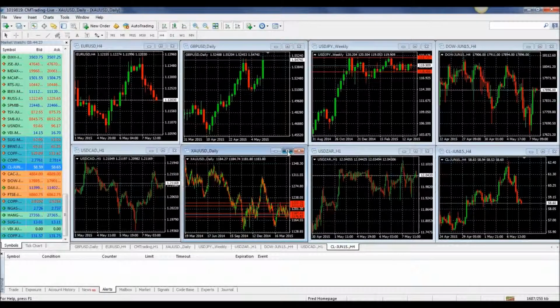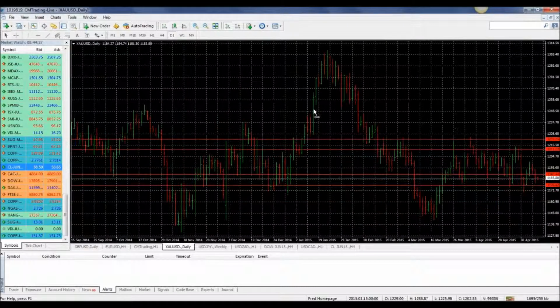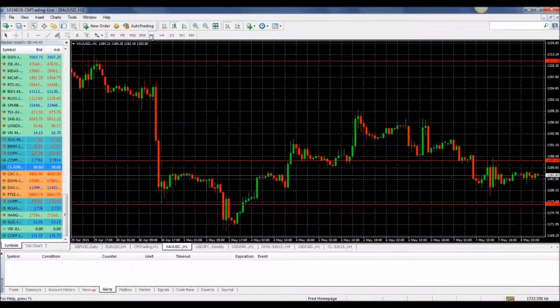Looking at gold just briefly, not doing much. Let's just highlight where we're at right now. Okay, we're in at 1183 at the bottom of the range. Okay, so we may just pop up again as we normally do as we get down here. This is going all the way back to March, the end of March. If we're looking at a 1 hour chart,